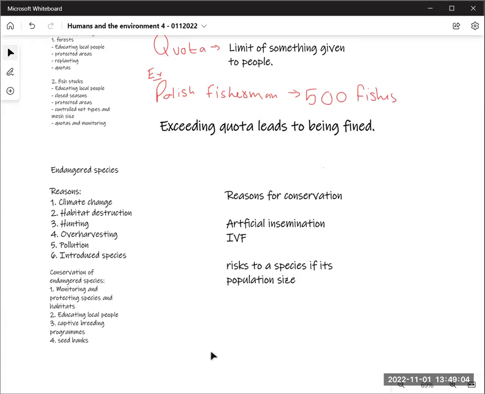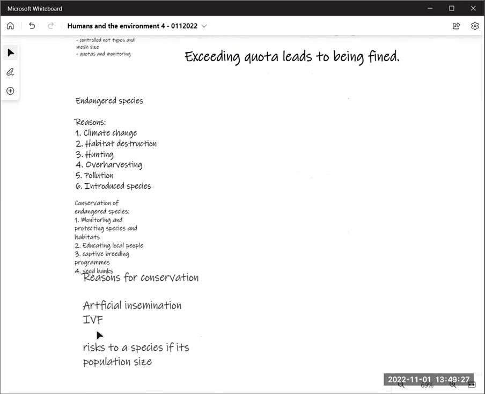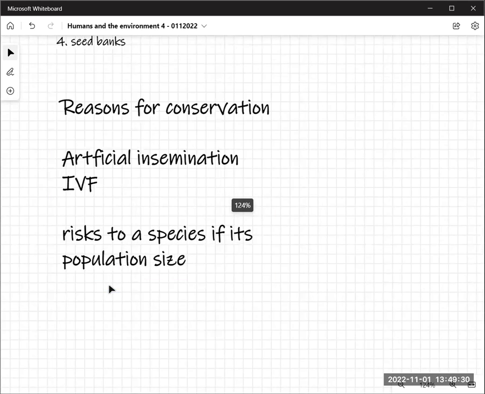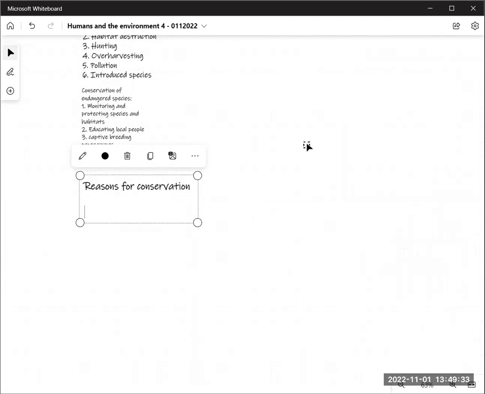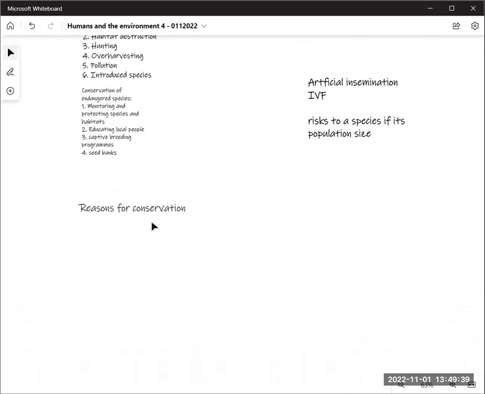Done. All right. Now, why do we do conservation? The reasons for conservation is extended. Since all of us are doing extended only, we need to learn this as well. Now, the first reason is